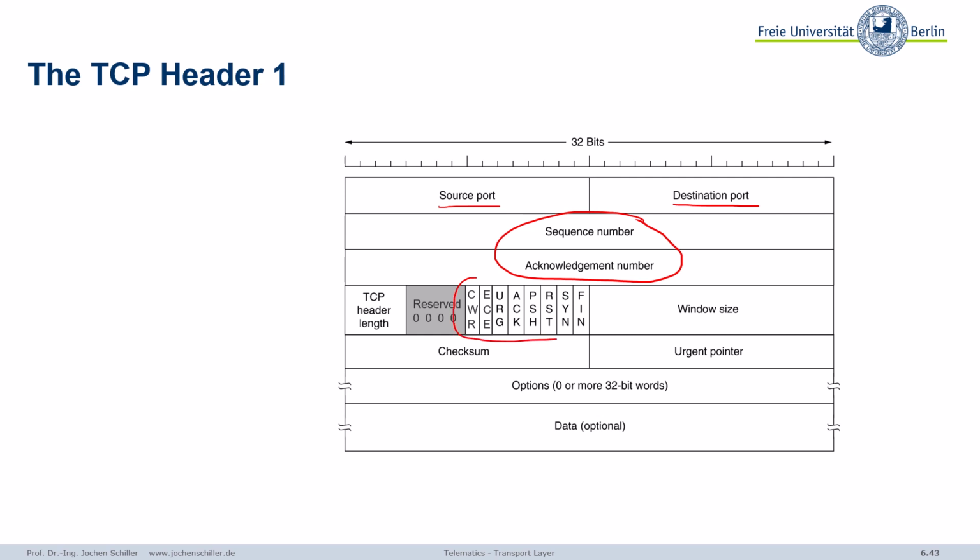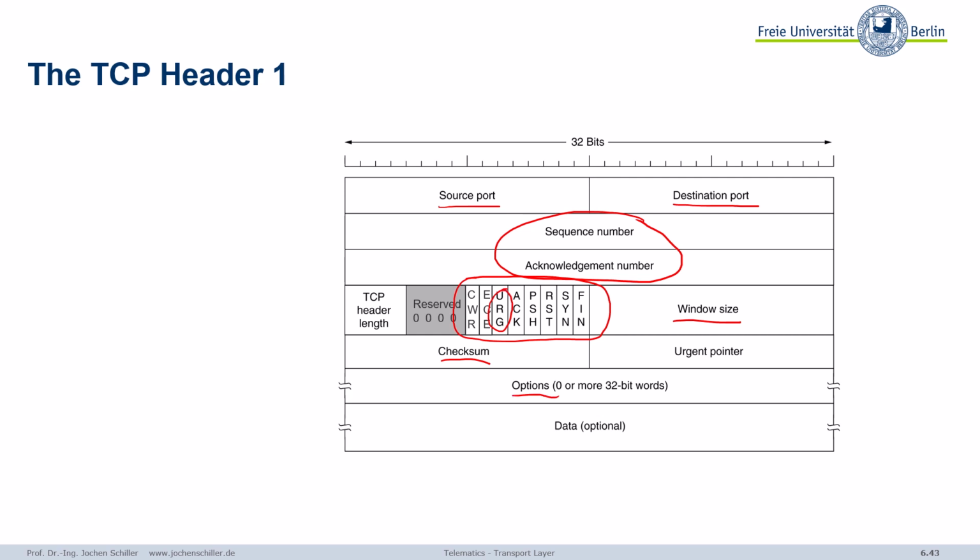I will explain the flags as well. Flags indicating what is the meaning of this packet. We have data packets, we have packets indicating the connection setup, connection release. Header length, window size very important when it comes to flow control. Again, a checksum, urgent pointer, that's something special that goes together with this urgent bit, some options, and then the